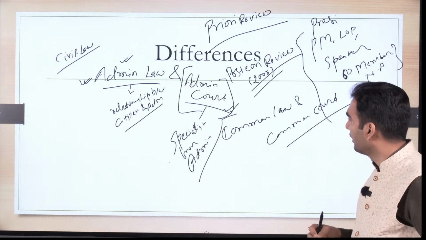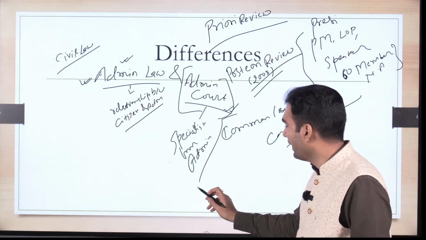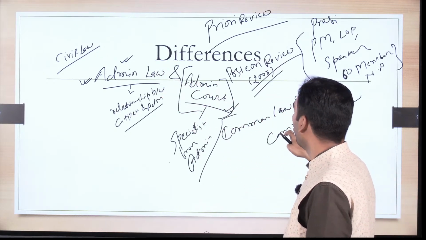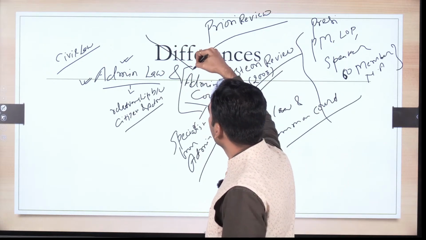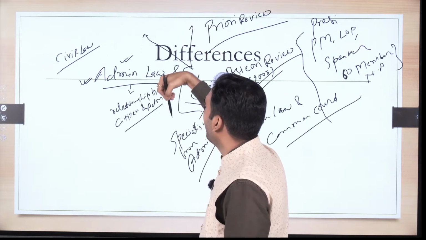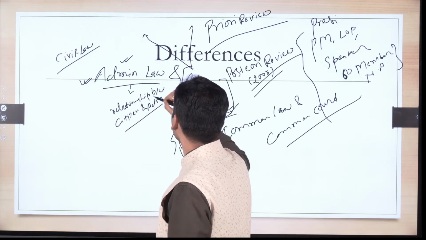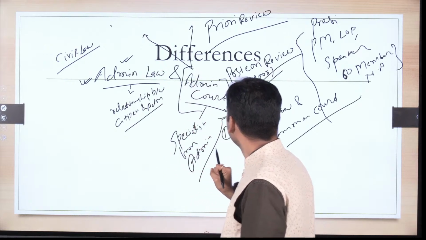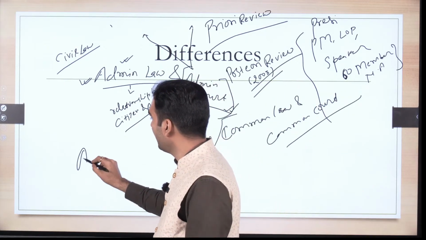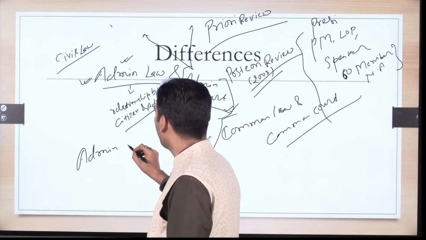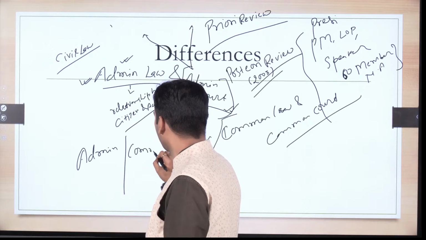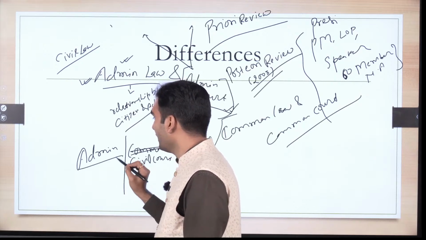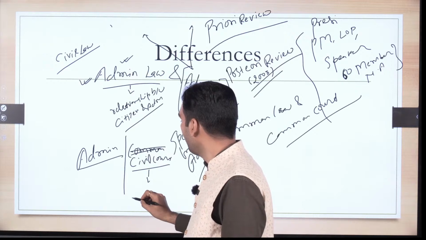And then we have already told you that they have a highest court of appeal. So there are two sets of courts, administrative courts and then the common courts, and for them there are two different appellate courts also. So the highest court of appeal for administrative matters, and then in terms of common law or civil, sorry, they call it civil court. So in case of civil matters, they have the court of appeal,